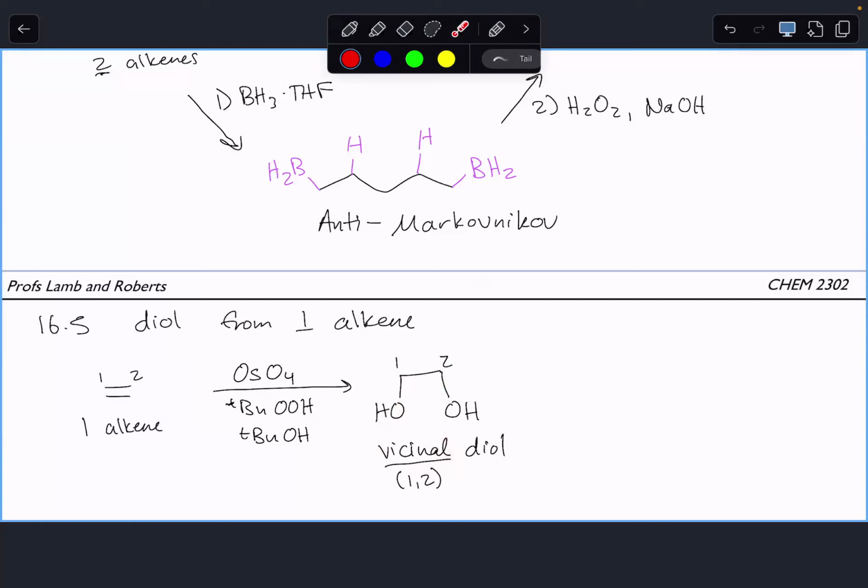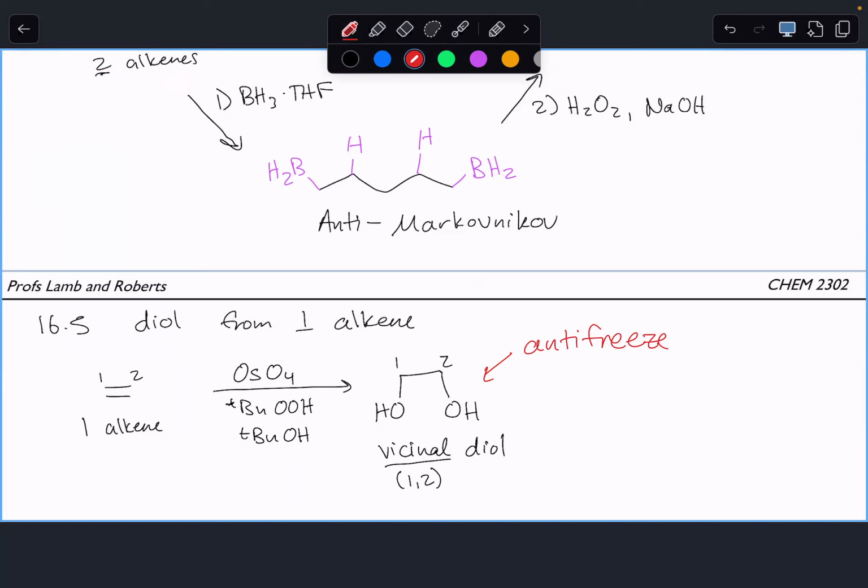So if you know Spanish, one of my postdocs likes to say that vicinal reminds her of vecino, which means neighbors in Spanish. And so it's kind of the oxygens are on neighboring carbons. So that's one way to remember the vicinal diol. Just as a fun fact, this molecule right here is the molecule in antifreeze,